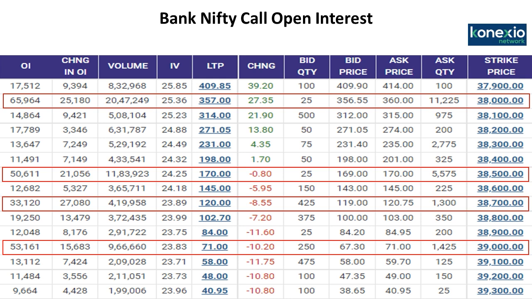It will pull Bank Nifty from these levels. So definitely 38,000 could be a trend-deciding level for Bank Nifty for the next week. Traders can buy above 38,000. If Bank Nifty crosses 38,000, one should go long, or wait for some dip, maybe 100 or 150 points, and then try to create long positions at the lower levels.